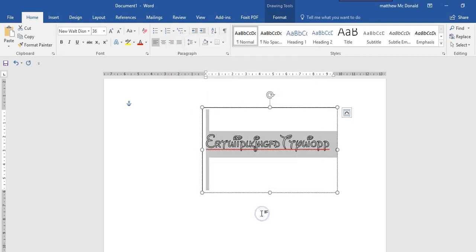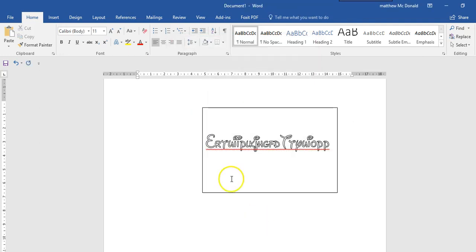So okay, that is what our text would look like if this is what we're going to put in it. Because we have it in this text box, it means we can move it around. But as you've probably noticed too, there is this black border around the text box here, and of course you don't want this showing up on your coloring book page. So what you do is just select the text box again